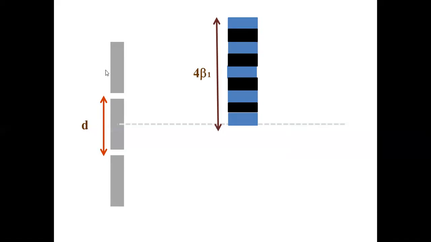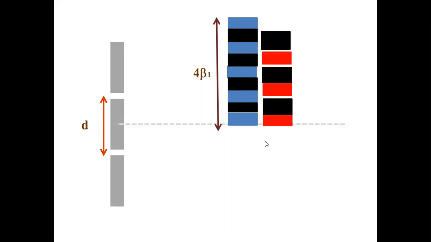Now I remove this blue light and switch on the red light, say 500 nanometer. 500 is not red, but still I'll take it as red. The central one here should be red because whatever be the type of wave, by the time they meet here, crest falls on crest and it should be bright. Red bright is produced. But the next red bright is not against this blue. Can you tell me why? The next bright red is away from this blue because beta is equal to lambda D by d. If lambda is less, beta is less, and if lambda is more, beta is also more. So the next red bright is far away from blue because its fringe width is more. Next dark, next bright red, next dark, next bright red.